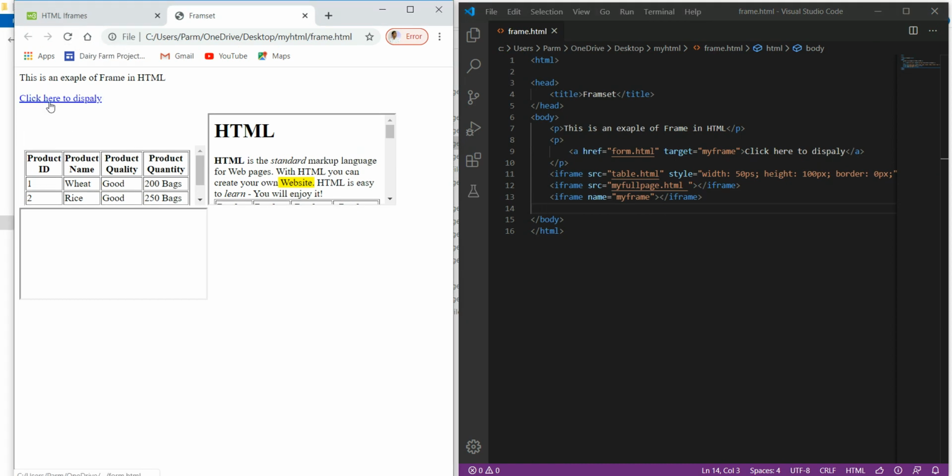Now this way we have created a paragraph. In the paragraph we have created the link. By default the link comes over here underlined.